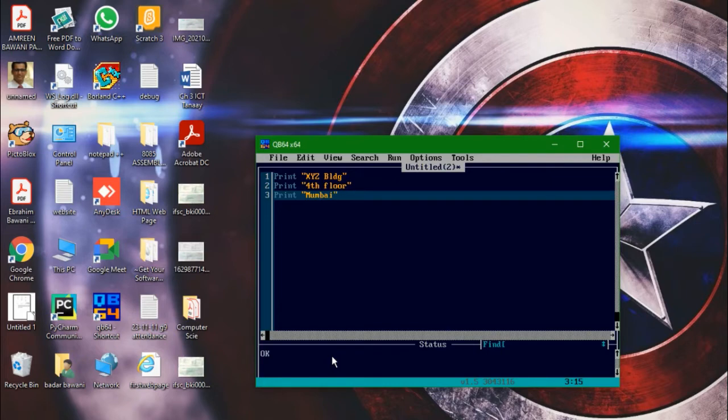Now what exactly this program will do is, whenever I write the print statement, it goes to the next line and executes there. So my first line would be XYZ building, then in the next line it will say fourth floor, and in the next line it will show Mumbai. So I will run this program.